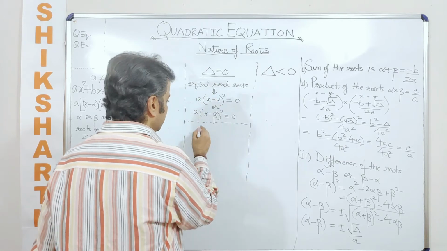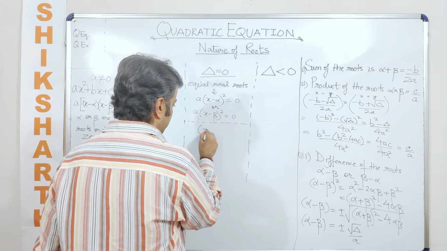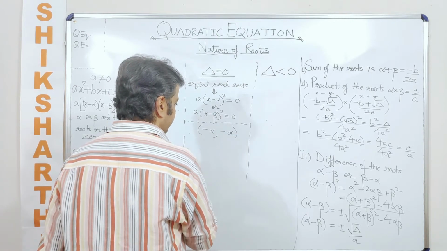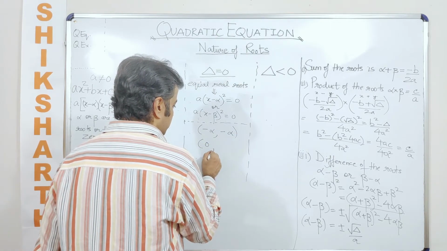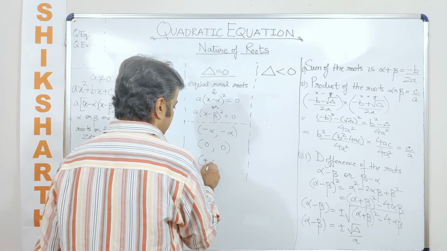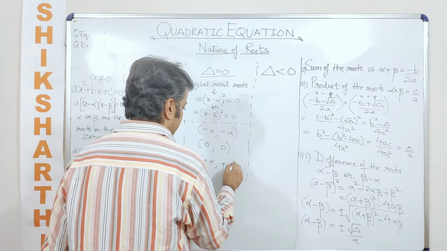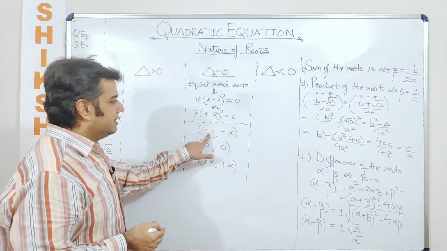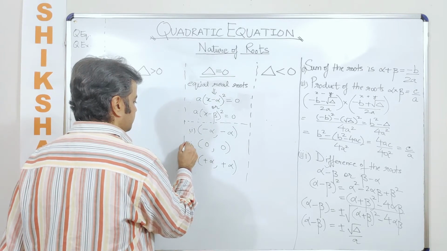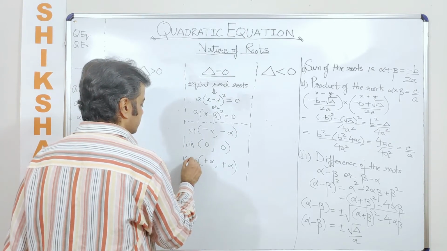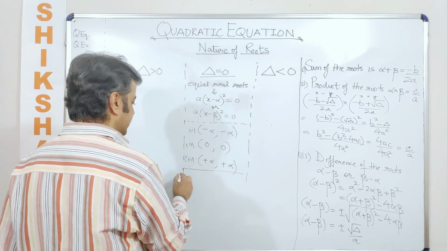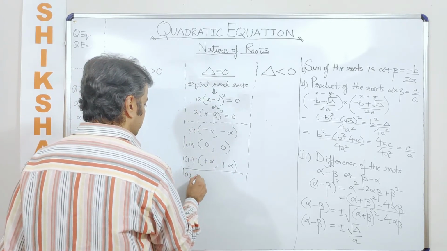How can two roots be equal? So let us say if one root is negative, let's say minus alpha, the other root also needs to be minus alpha. If one root is 0, the other root can be 0. If one root is plus alpha, the other root will be plus alpha. This we are talking about. So in this case the equation changes to, so let us say this is case 1, this is case 2. So talking about case 1, there can be only 3 cases that can be made here.